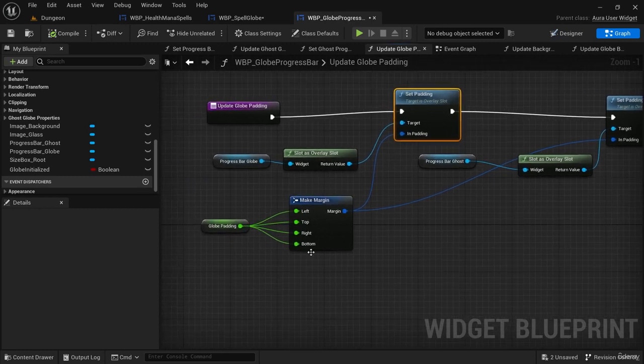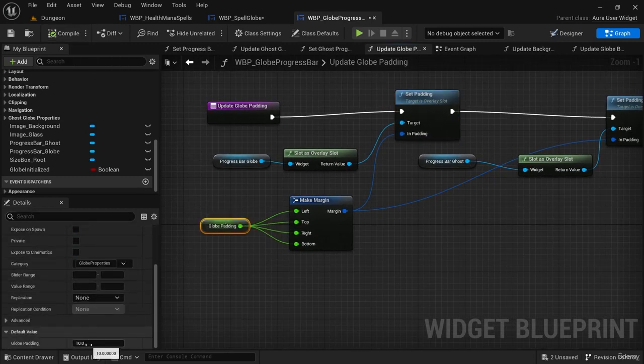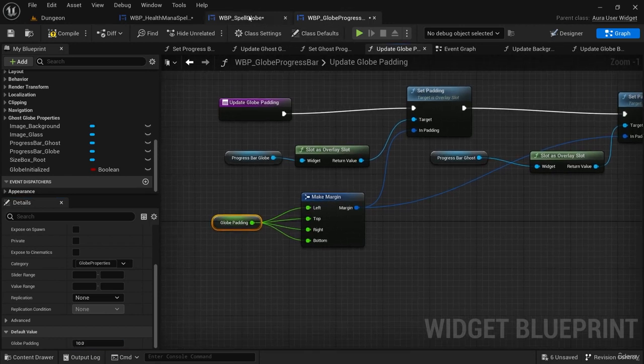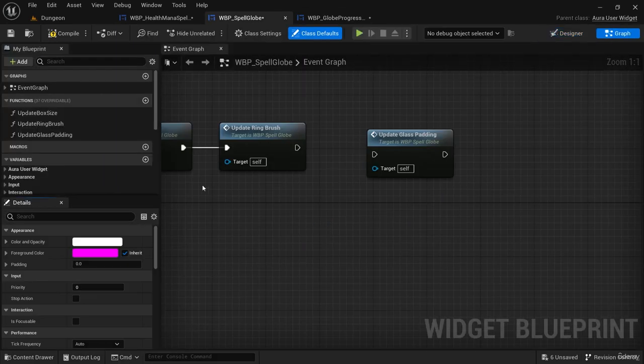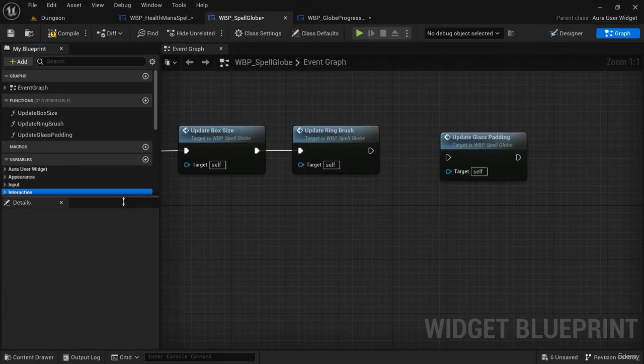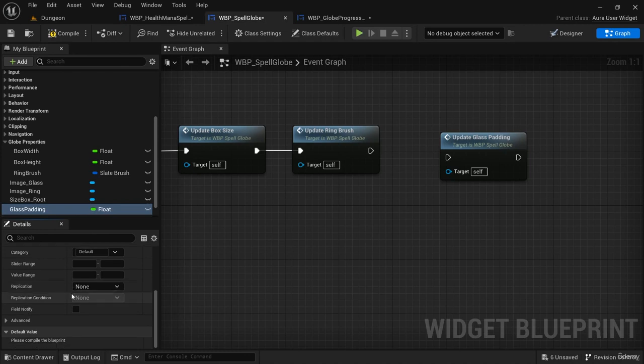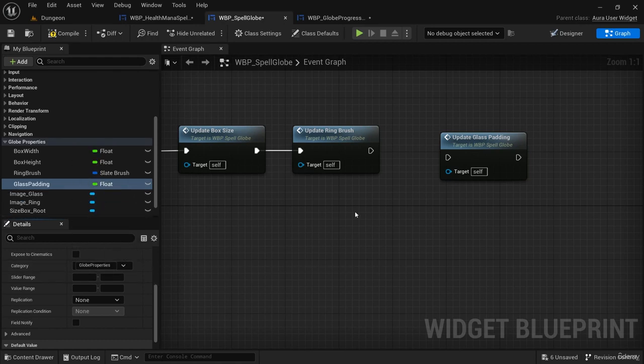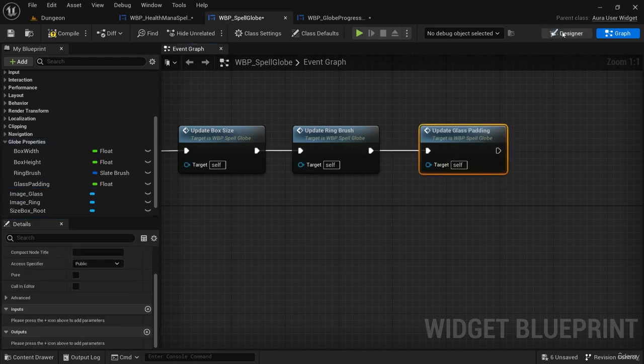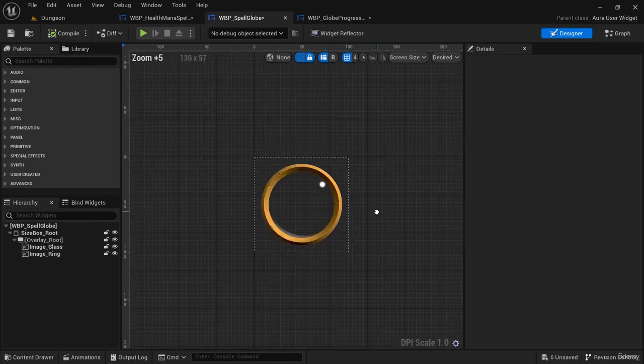So for that reason, I'm going to come back into globe padding, give it a default value of 7. Oh, whoops, that is not what I meant to do. We're in globe progress bar here. I meant to go to spell globe in the graph, and we're going to use 7 for the glass padding. So giving it a default value, if I hit compile, of 7, and we'll go ahead and stick this in globe properties as well. And if we go ahead and hook that up, now we should see, and something doesn't